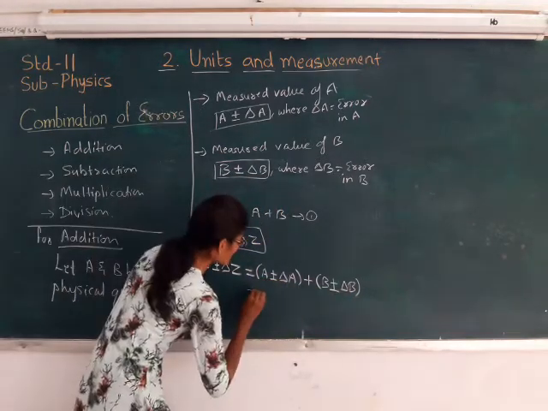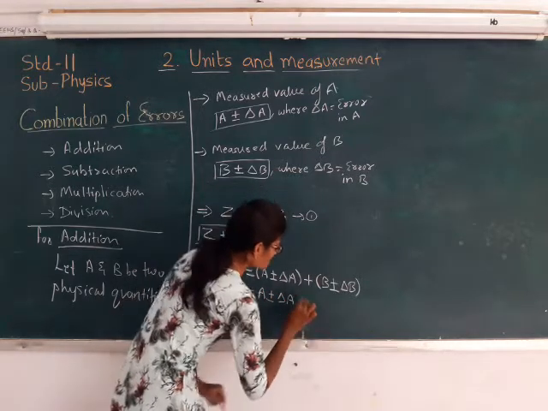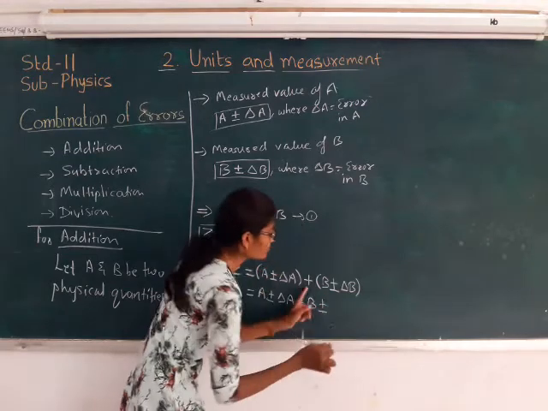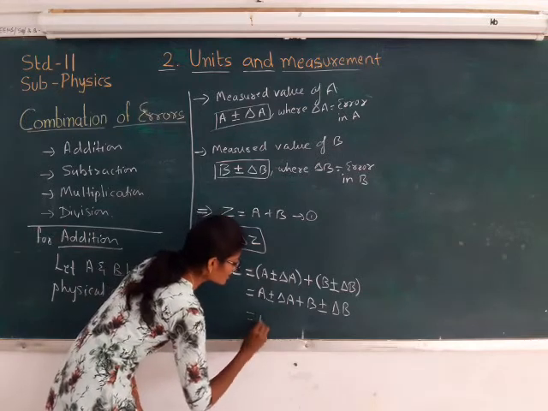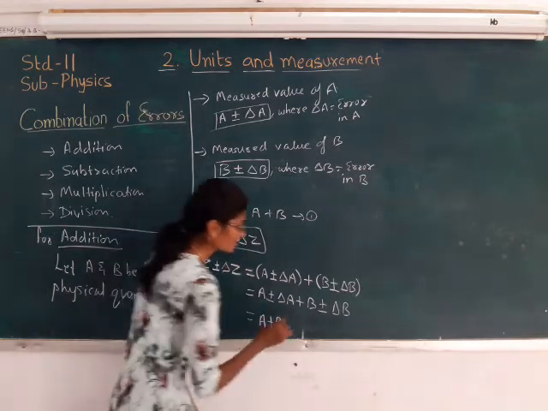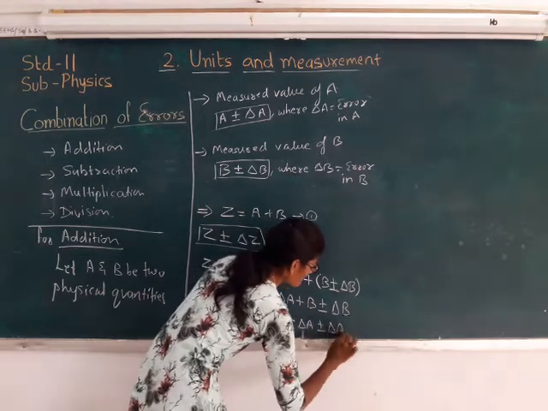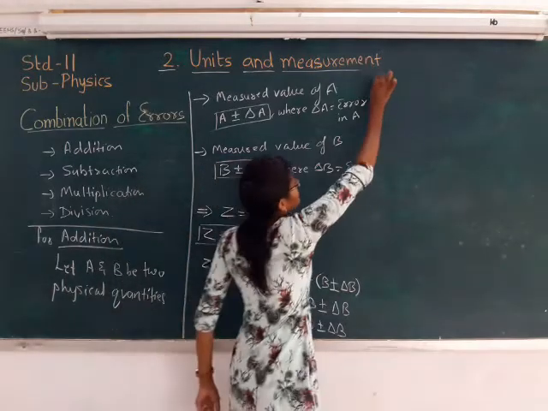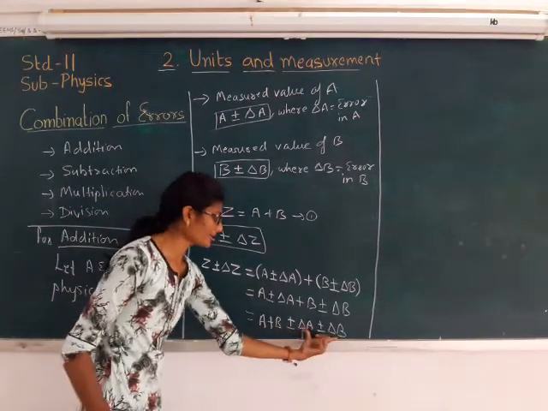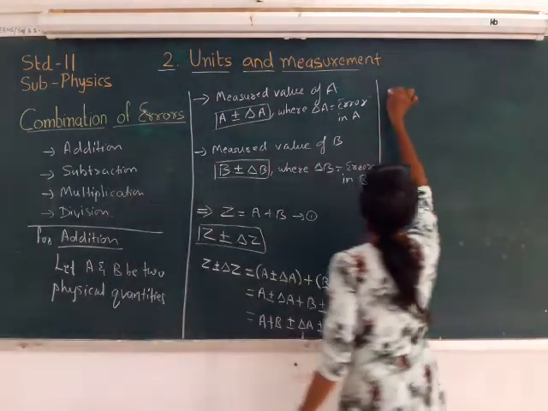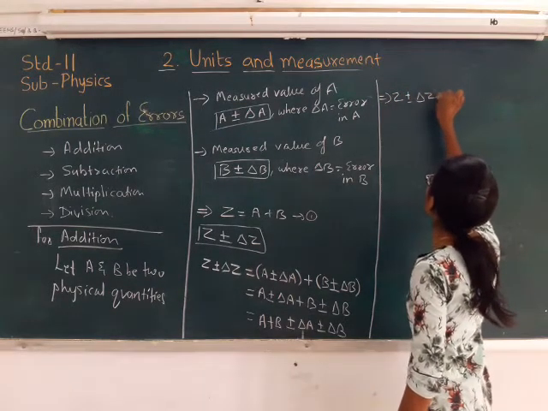Now when I open this bracket, A plus minus delta A plus B plus minus delta B. Taking these two terms in front, I can write like this: A plus B plus minus delta A plus minus delta B. So splitting these terms, that is the error and these physical quantities A and B, it can be written as Z plus minus delta Z equals to